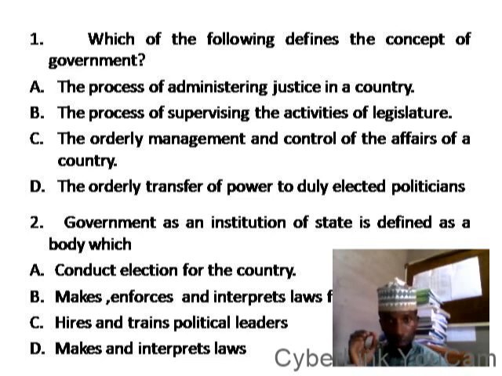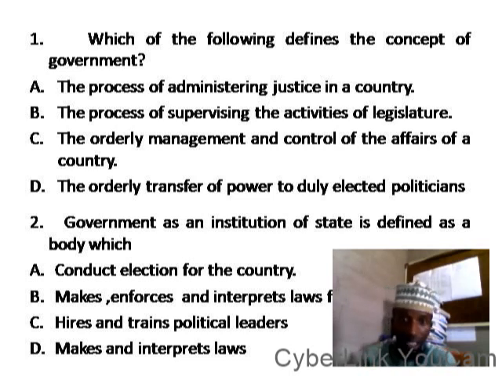The question is located under the meaning of government. So what do you understand about government? Government is all about the control and management of the affairs of the state, telling us that option C is the correct answer. Let me give you a definition from our own hand here, the definition that we learnt in the class.